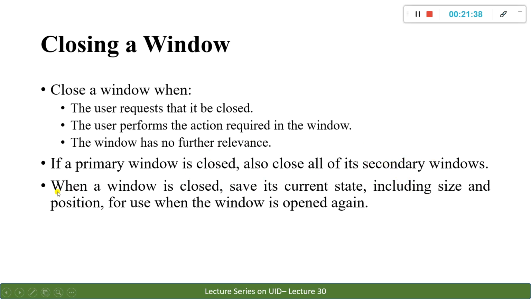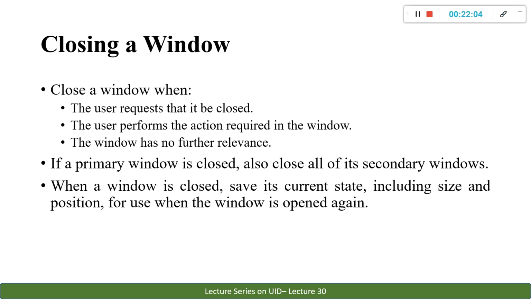Then, when a window is closed, save its current state, including the size and the position, for use when the window is opened again. So if I have minimized my Microsoft PowerPoint, closed it, and then reopened PowerPoint, you will usually find it at the same location where you had closed it, right?